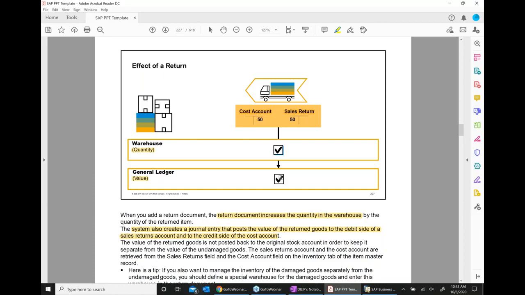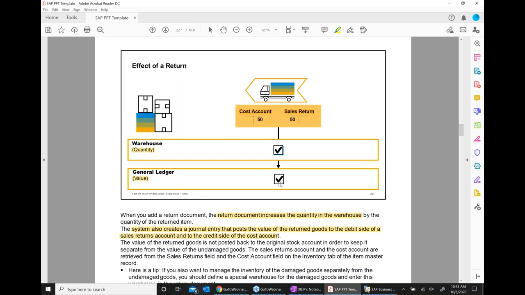These 2 check marks basically mean that, and we can do this exercise also, when material comes back, it increases the quantity. So that is the point number 1, that it increases the quantity. Secondly, it also increases the value, because material is coming back to me.